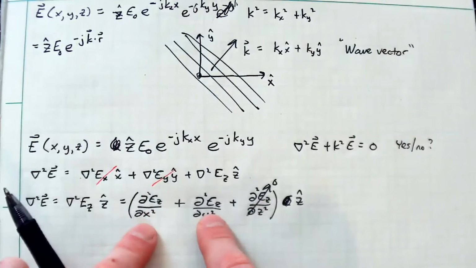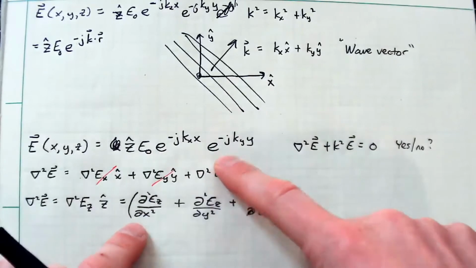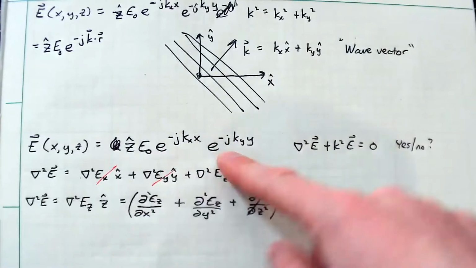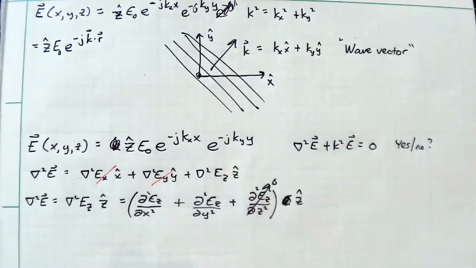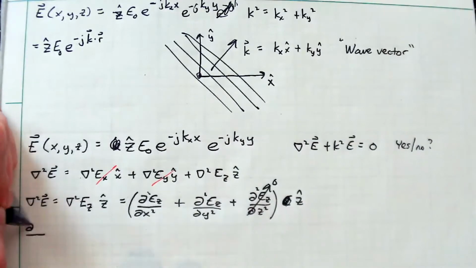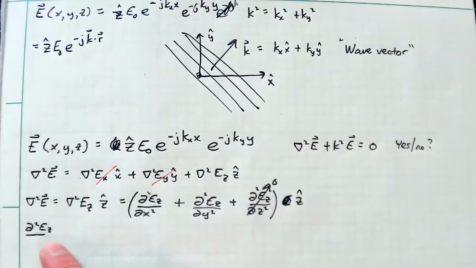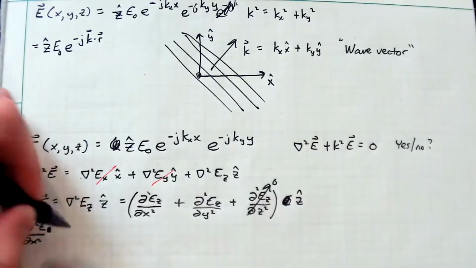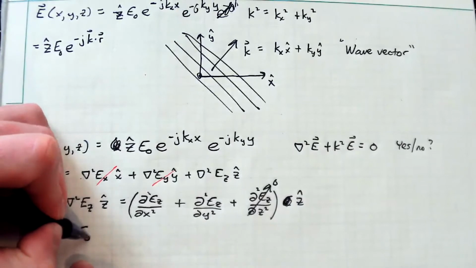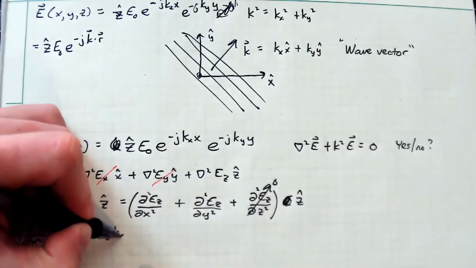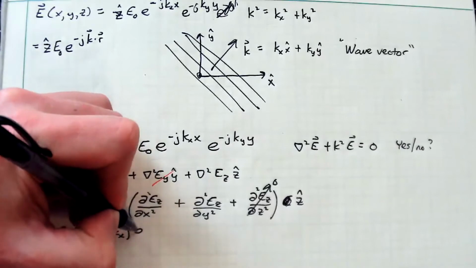However, this is actually pretty nice because these are separable here and we're doing partial derivatives, and these are complex exponentials. So you just write this out. It's a little tedious. Partial squared E, so this is the z component of E. Since this is the only bit of it, we don't necessarily have to keep writing that. I'm just going to say partial E and drop the vector on it, because that's the only piece of it. With respect to x is going to be E naught, negative j kx,